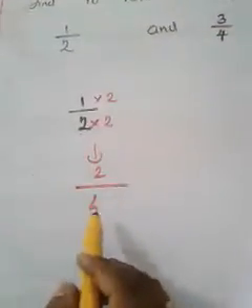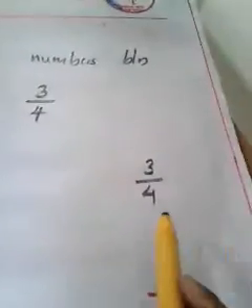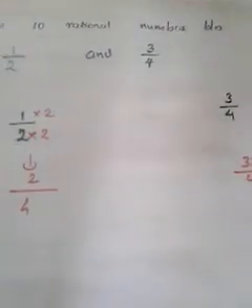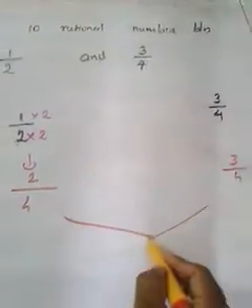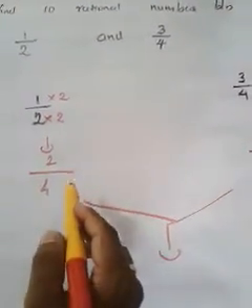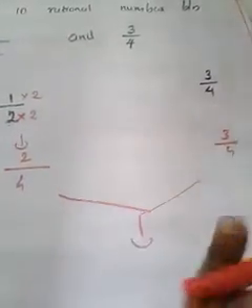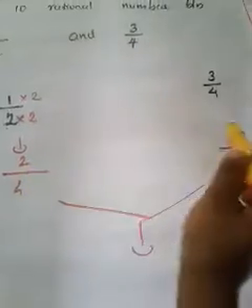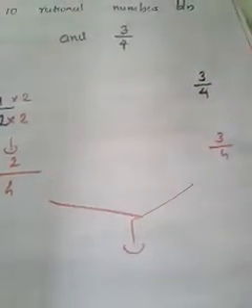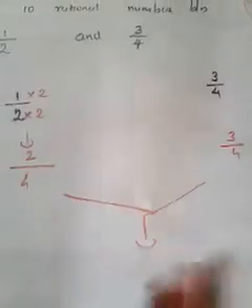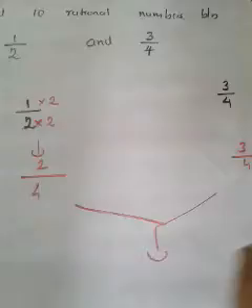Now the rational numbers are 2 by 4 and 3 by 4. Instead of 1 by 2 and 3 by 4, we can write 2 by 4 and 3 by 4. What is the specialty of both? Now the denominator has become the same. Then how many rational numbers can you find in between? Tell me very fast. Since the denominator is same, which numbers are between 2 and 3? Is there any number between 2 and 3? Many numbers are there, but can you say a number very fast between 2 and 3?